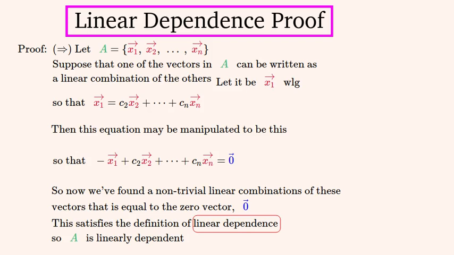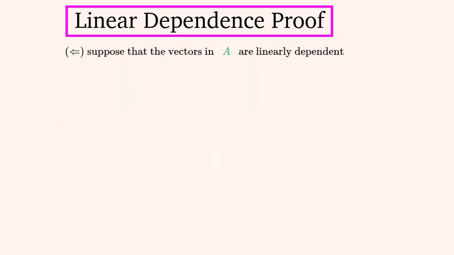The main trick in this proof is to manipulate the equations in the middle of this proof. So now to do the second half of this proof in the reverse direction, because the theorem says if and only if, we'll start out by saying that the vectors in A are linearly dependent. So we can write out this equation, which is the definition of A